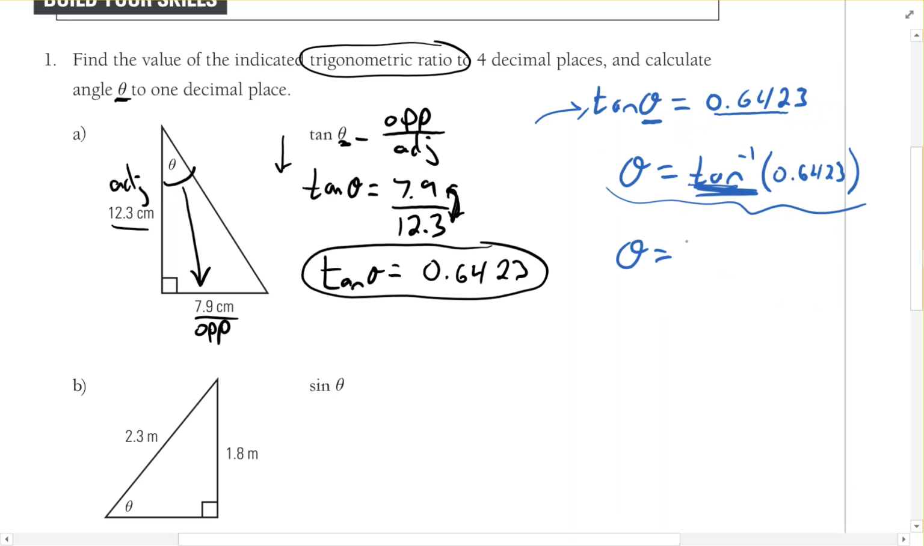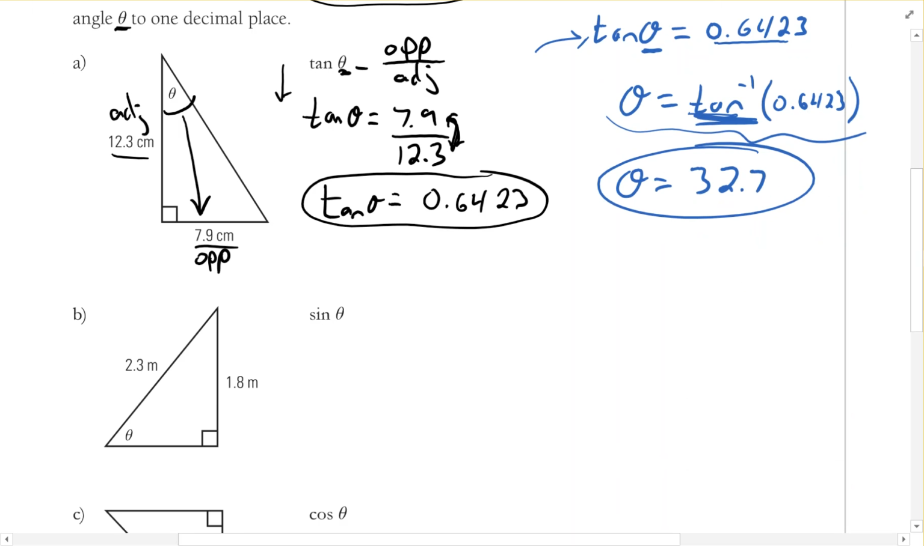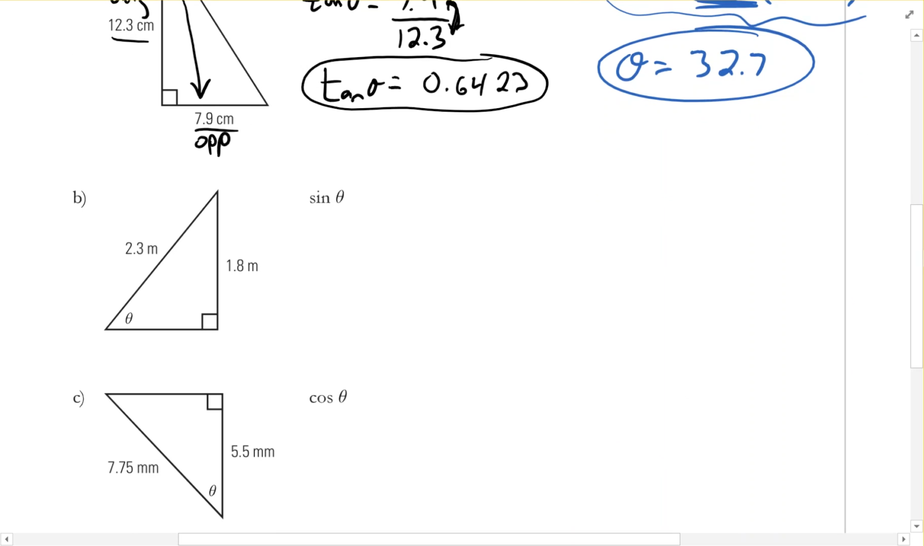So this is going to be 32.7. Hopefully that made sense. We're going to get good at it. All right. So now this one,